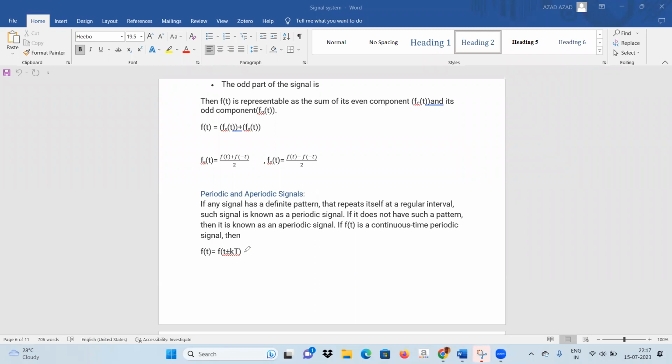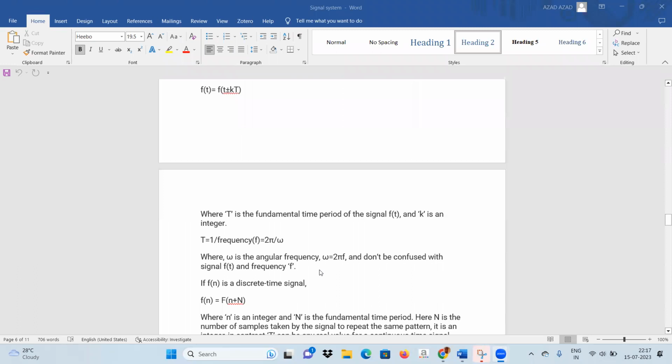It means T is the period of the signal, and it repeats itself after T. K will be an integer. It means it will repeat the signal after 1T, 2T, 3T, after each integer multiple of T,